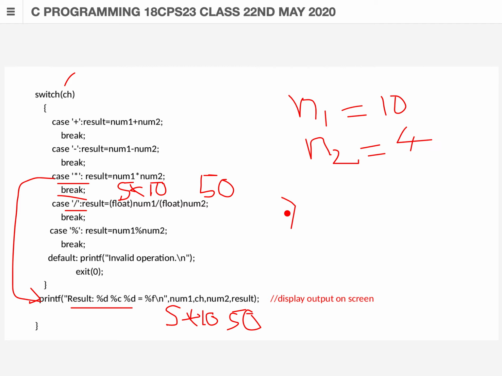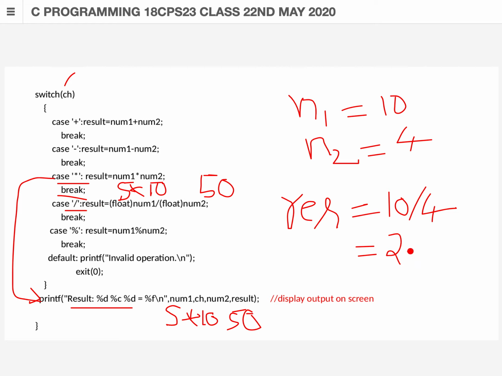So what will be the resultant? The resultant calculated will be 10 divided by 4. 10 is the num1 input given here, divided by 4, the num2 input provided. So 10 by 4, you're going to get a floating point result here, since the data type is converted. Even though num1 and num2 are integers, the resultant is of floating point data type.